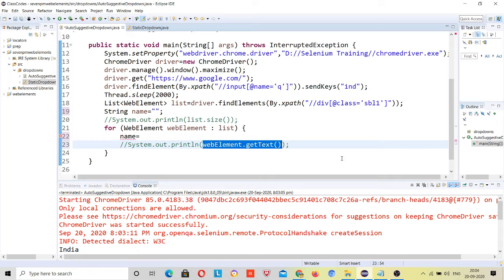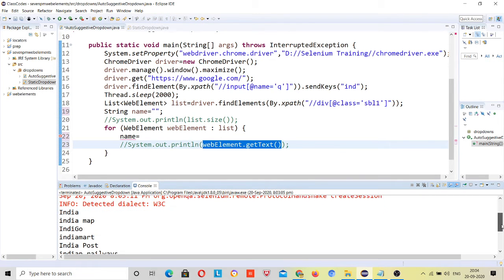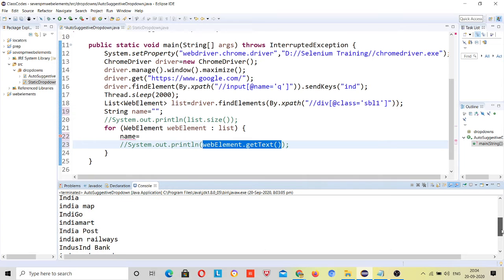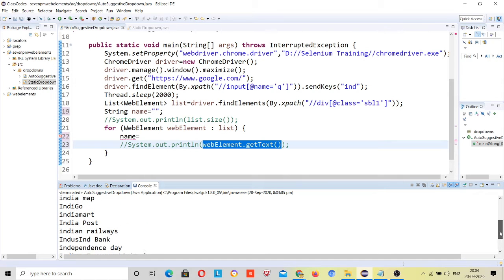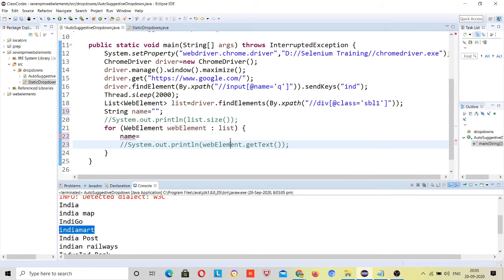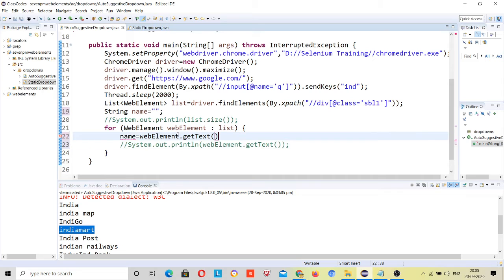So first time what was the value? India, right? Second time India Map, third time Indigo, fourth time India Mart, fifth time India Post, Indian Village, IndusInd Bank, Independent. Suppose I want to click on this India Mart, right? Then I will copy this value. Every time a new value will be stored inside the name variable.